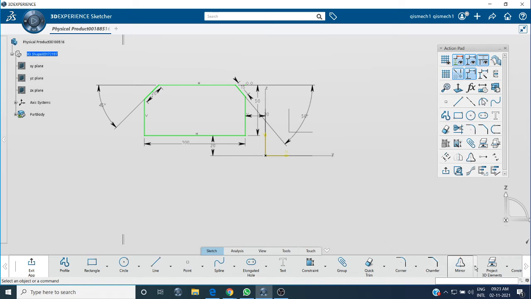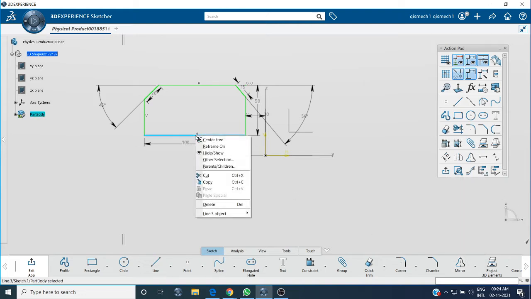Now comes the transformation feature, symmetry. To understand the symmetry, we will take an example of the diagram we had done, that rectangle. We had drawn the rectangle mistakenly in the negative plane, but I want to place it in the YZ positive plane. For that, what do you need to do?